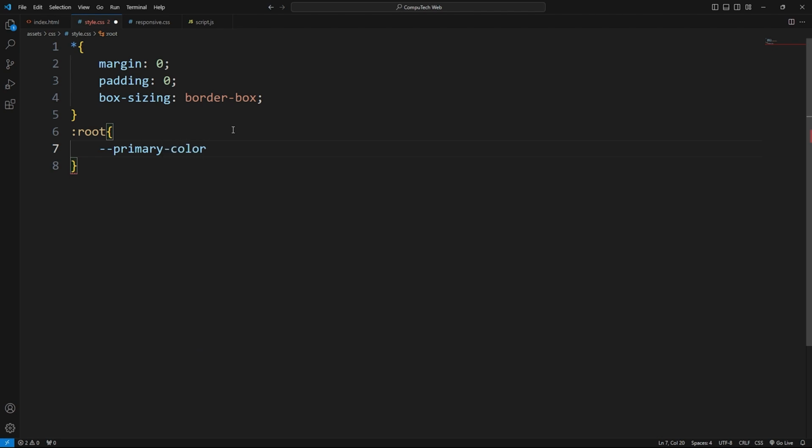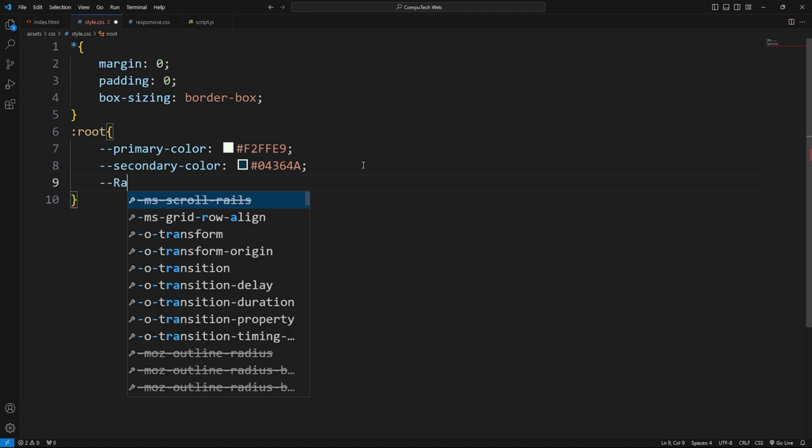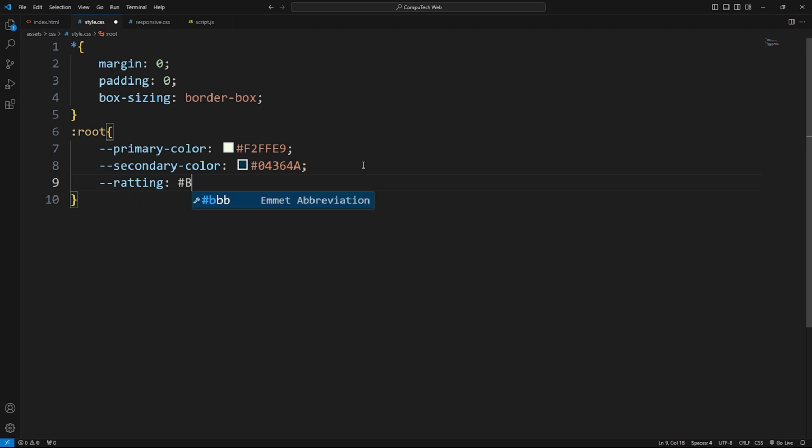So first, the primary color we select F2FFEA or E9, and secondary color 04346 4A. And rating, so this rating is red or V3 1 3 1 2, and button color, and in this button color